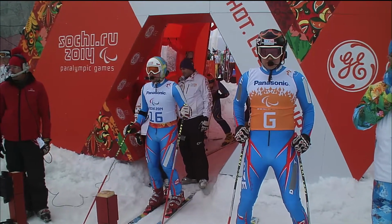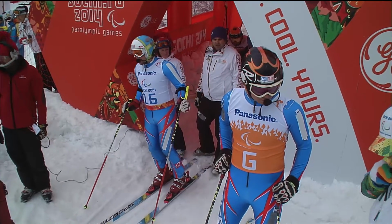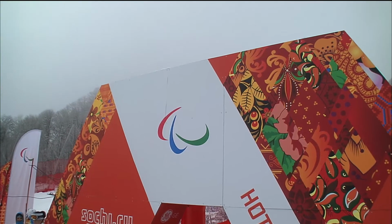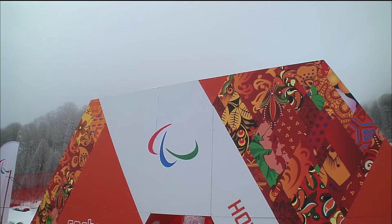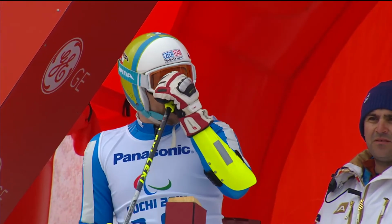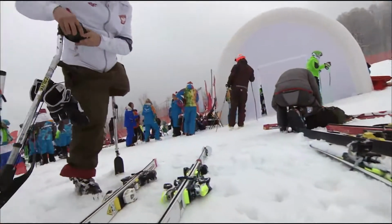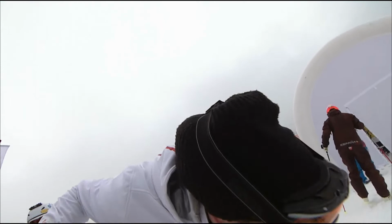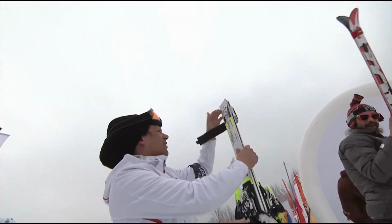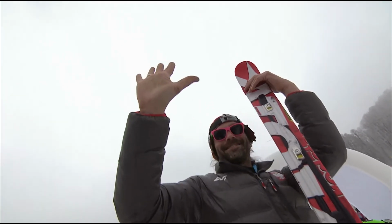I'll just remind you that the class profile includes athletes that are unable to recognise a capital letter E, which is 15 centimetres by 15 centimetres in size, from a distance of 4 metres, while athletes with a visual field of less than 10 degrees diameter are also eligible for this class. 3 categories being raced today: visually impaired, standing and sitting. And the other categories